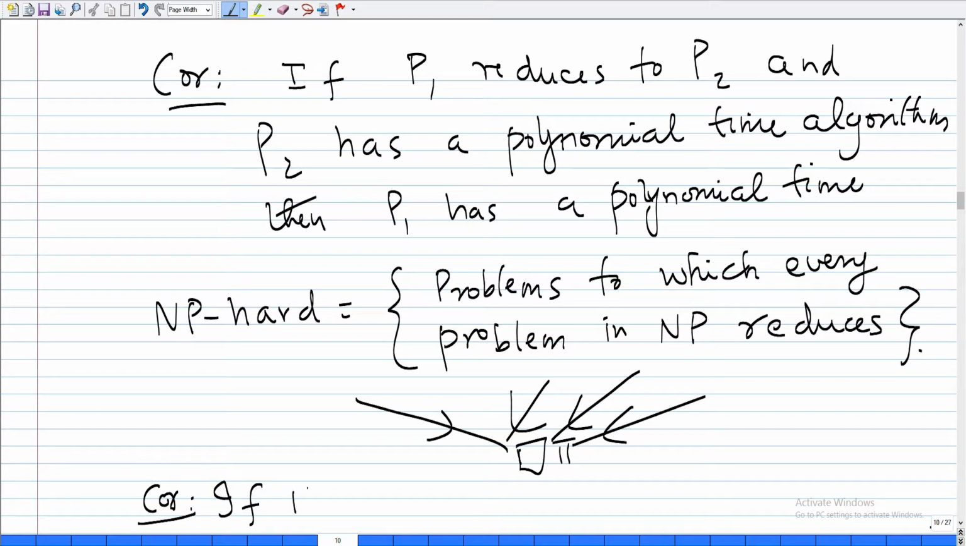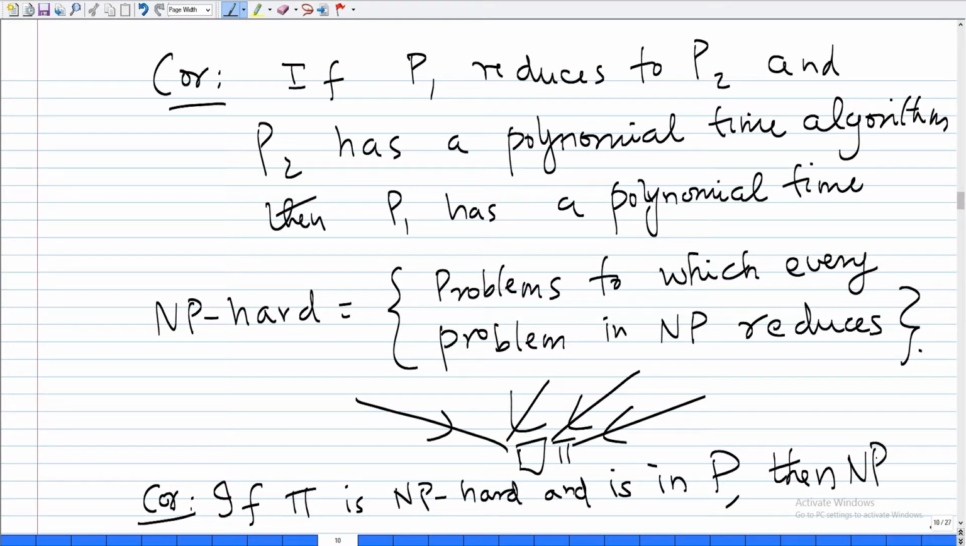If pi is NP hard and is in P, then all problems in NP are in P. Very good, right? We have solved that conjecture, right? That conjecture, whether this containment is strict or is this containment true, is an open problem. And one way to solve the open problem is to pick an NP hard problem and give a polynomial time algorithm,